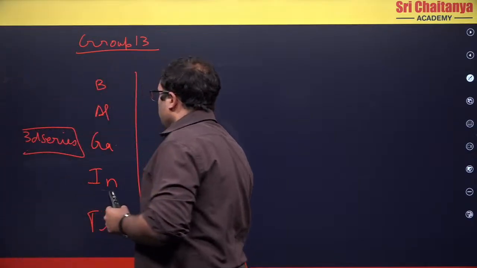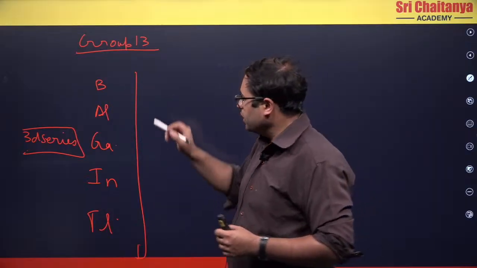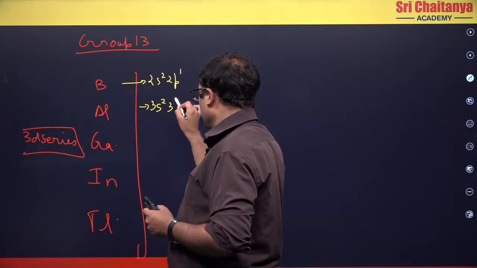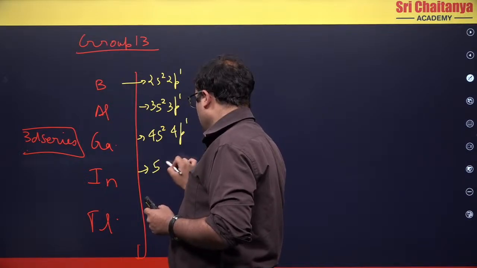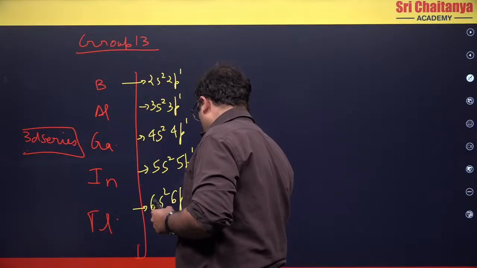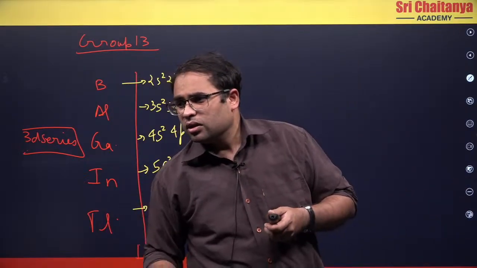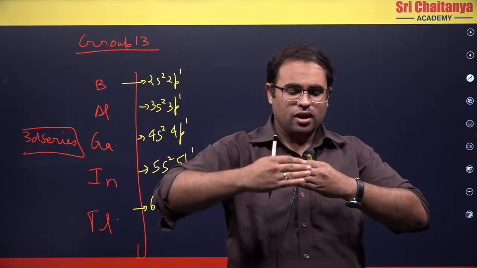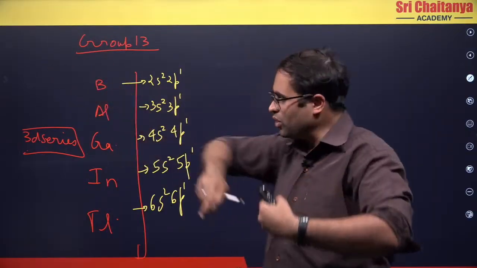Normally, when you go down a group, what is happening? If you write the electronic configuration of boron here, this will be 2s2, 2p1, this is 3s2, 3p1, this is 4s2, 4p1, this is 5s2, 5p1. This is 6s2, 6p1. Understand that as the principal quantum number keeps on increasing, what is happening? Your shell is increasing, right? First shell, n equals to 2, n equals to 3, n equals to 4, n equals to 5. So the distance should increase. So as you go down the group,